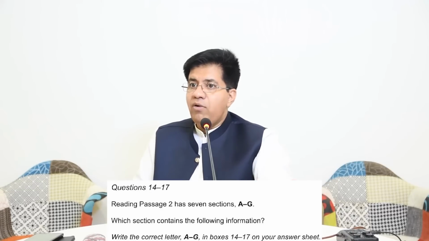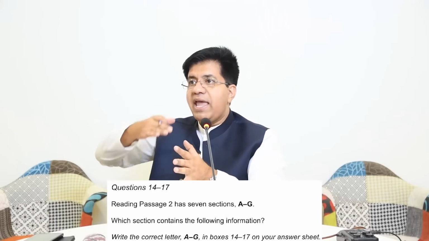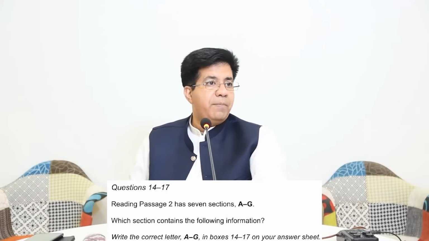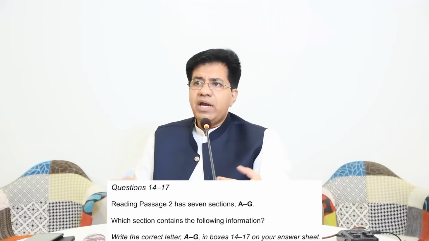Okay, now I tell you the order in which you have to attempt this. Start with questions 18 to 22 because questions and answers are in order. Then do questions 23 to 26 because questions and answers are in order. And at the end, when you are very well familiar with the passage, then do 14 to 17. Is it okay? But you can do one more thing. Just read 14 to 17 now, because by chance, while answering another question, you will find a clue about it. So if you want to do that, you can do it quickly. It's all up to you, right?